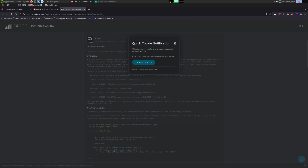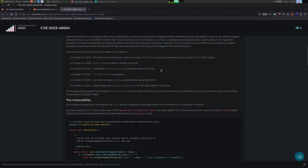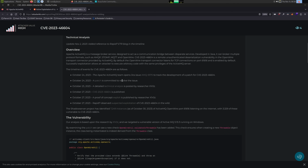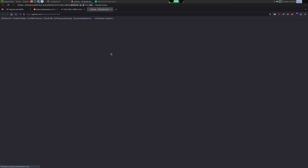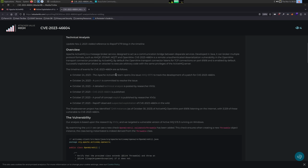And if we go to it, we have some technical analysis. Maybe, yeah, this definitely is not the blog post we saw before. And they have a lot of good links here to read if you want to read more about it. There is a POC here. We're not exactly going to use this one. We're going to use one that's a little bit easier to use. So we'll search Google right after this article. But